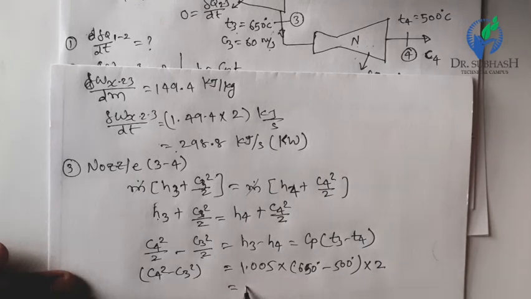Here don't forget to multiply by 10 raised to minus 3. We forget here because 10 raised to minus 3 we have to multiply to convert this into kilojoule. So C4 square